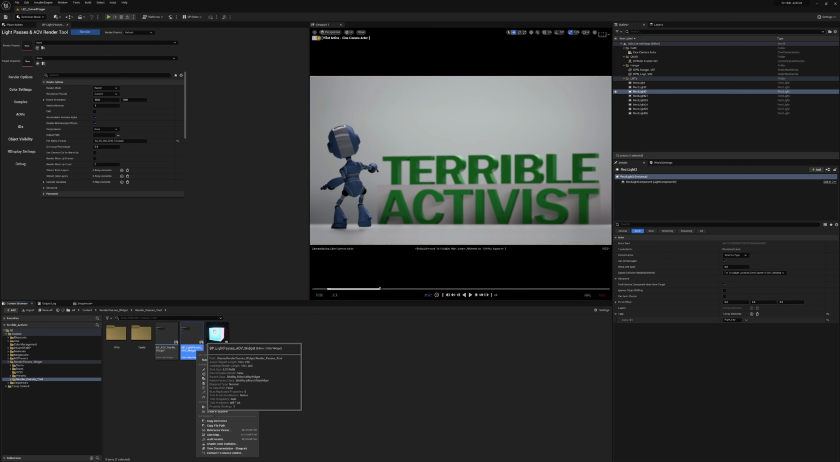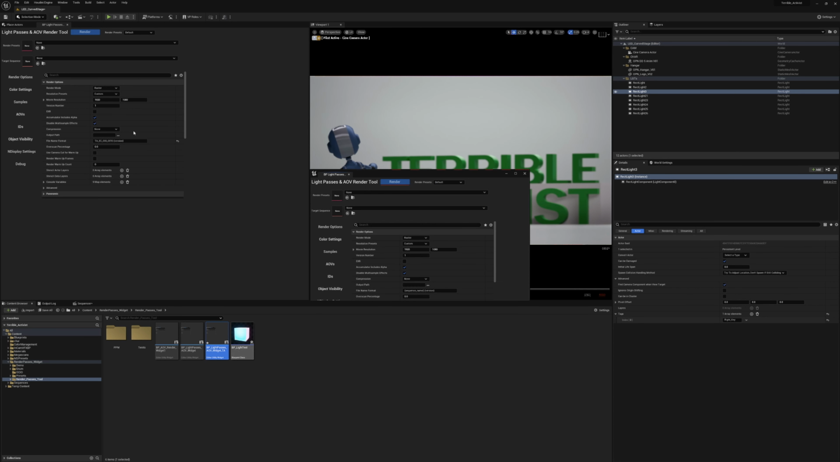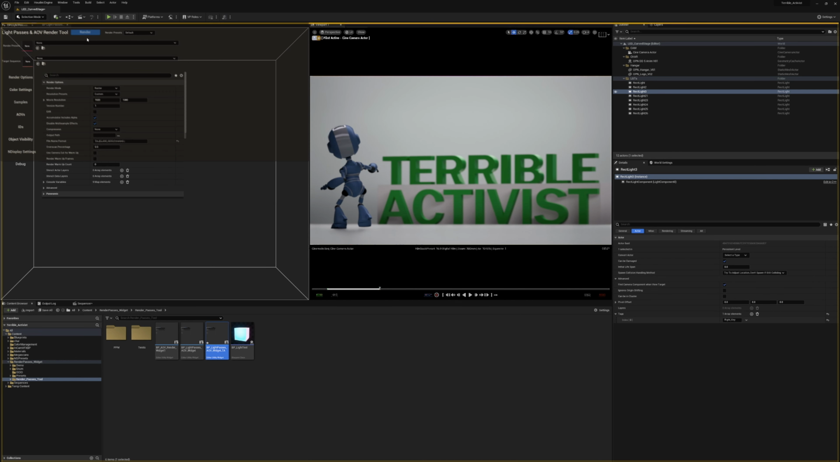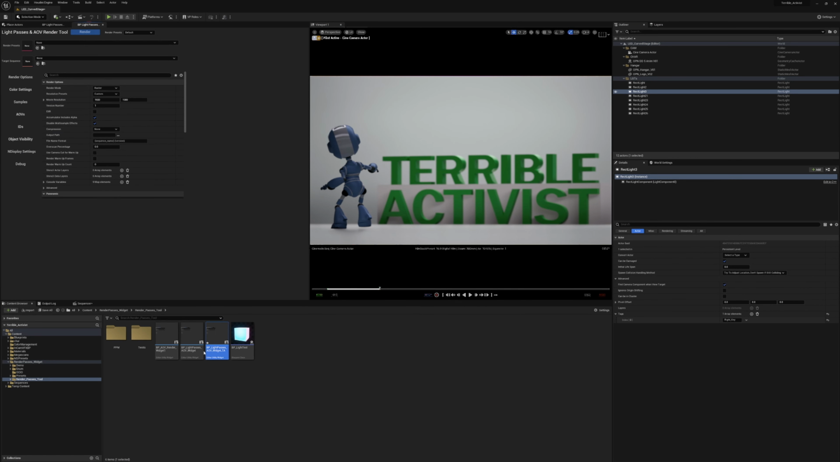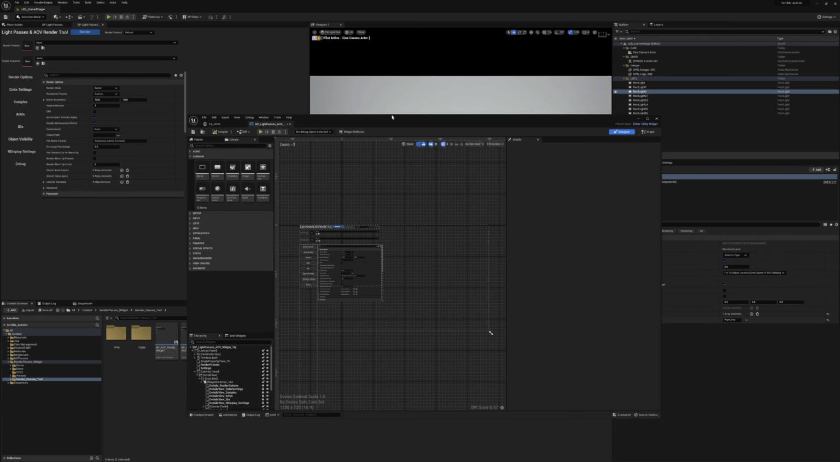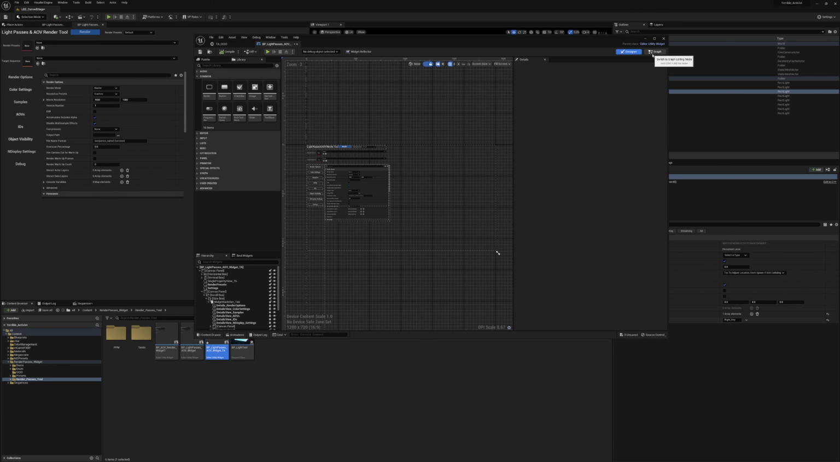So right here we have our BP_LightPasses_AOV widget. We're just going to duplicate this. And I'm going to name this Kia for this show. We'll right click, run as a utility widget, and we'll override the one we already have here. So if I double click to go into the tool,